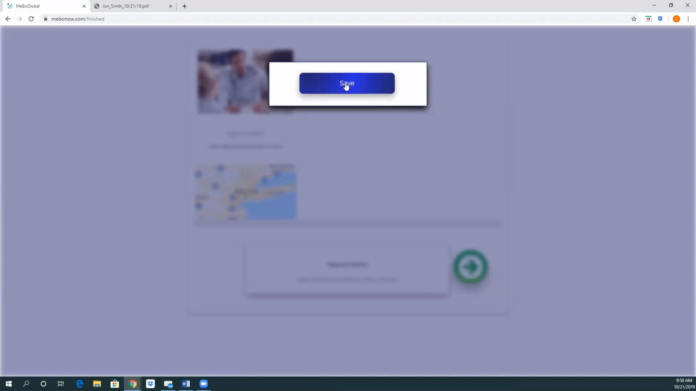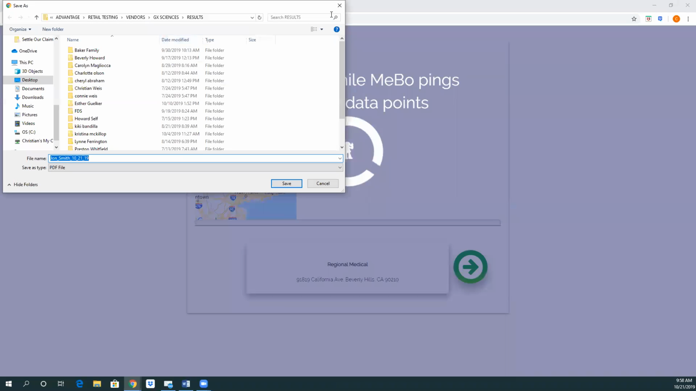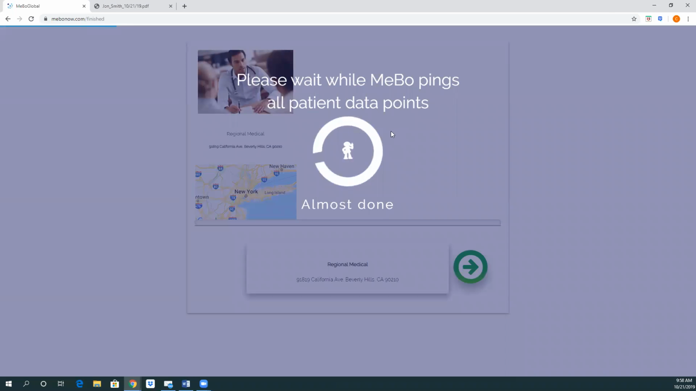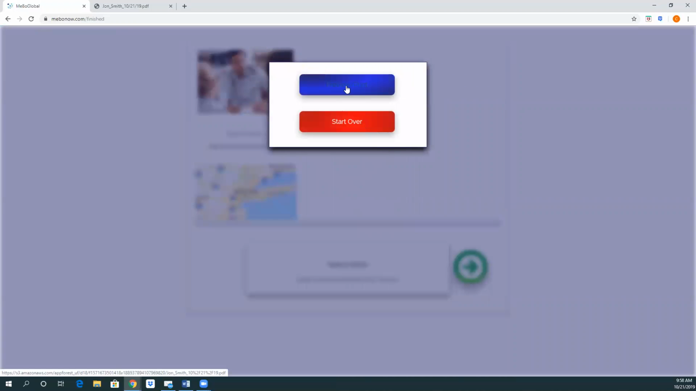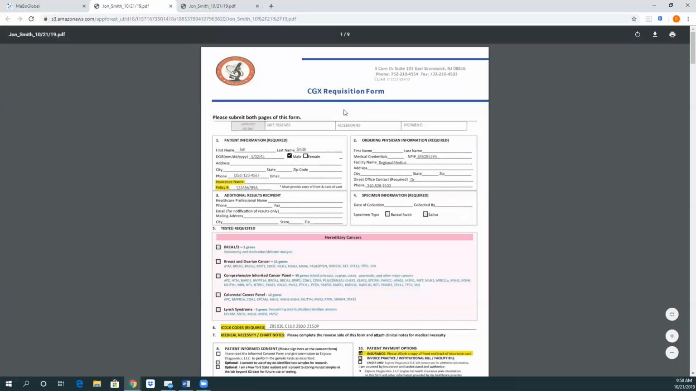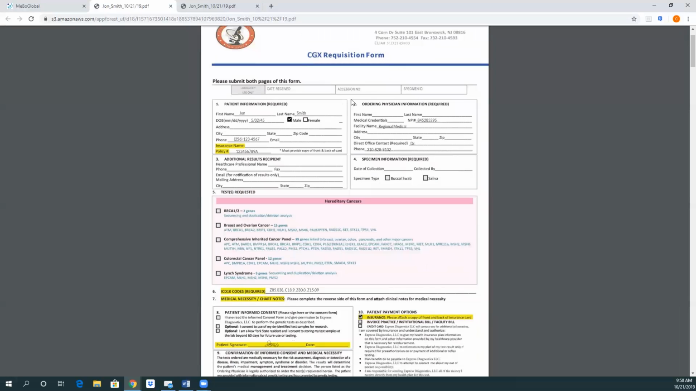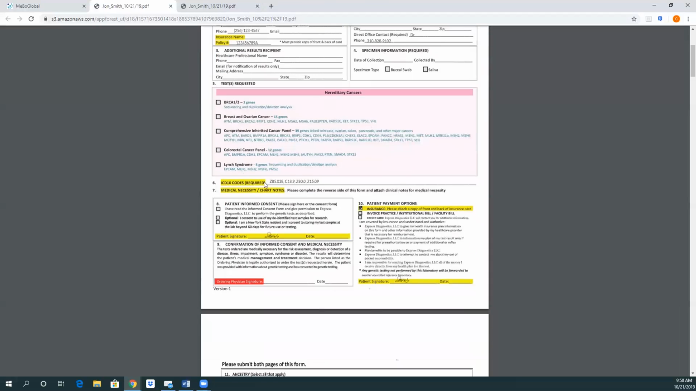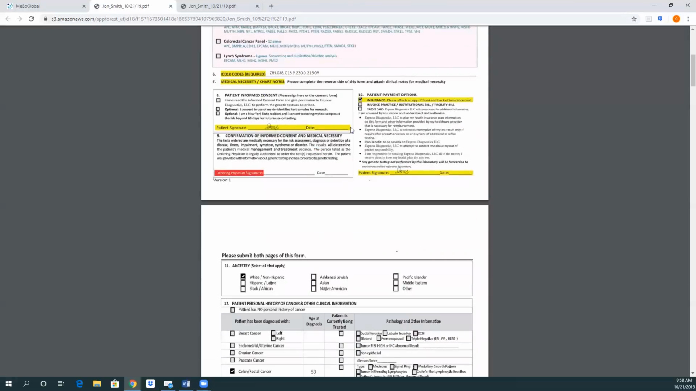We could hit save if we wanted to. And that'll save to the device. Now we'll do a preview print button. And now it will populate on the tablet with the rec form for CGX, because that's what they qualified for. And it'll automatically populate the doctor's information, copy the patient's signature,